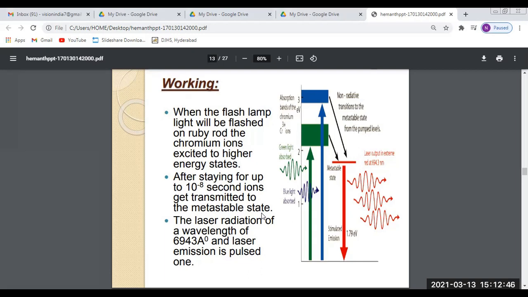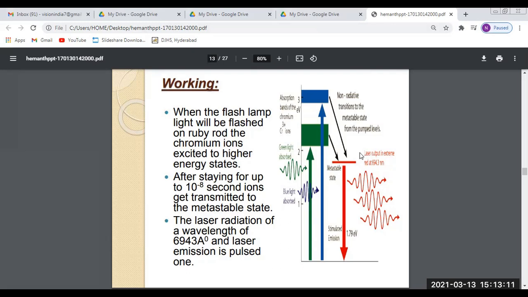The metastable state is actually lying between the ground state and the higher energy state. You can see this is the metastable state. So when the ions come from the metastable state to the ground state, some amount of radiation will be emitted, and the wavelength of that radiation is found to be